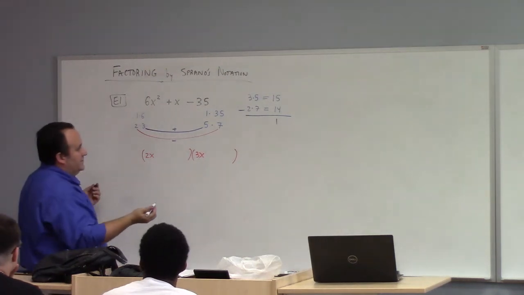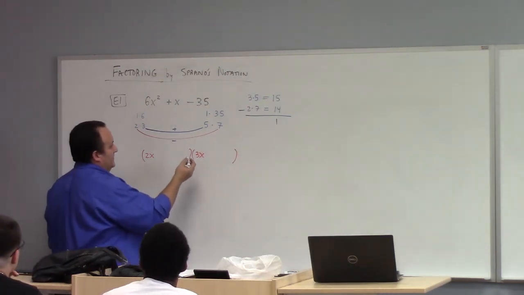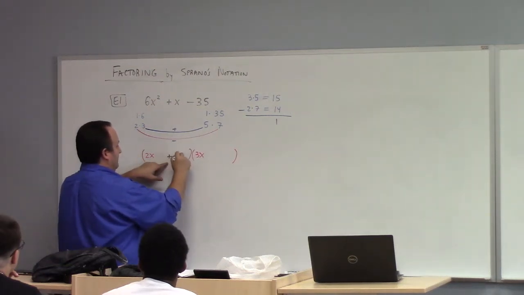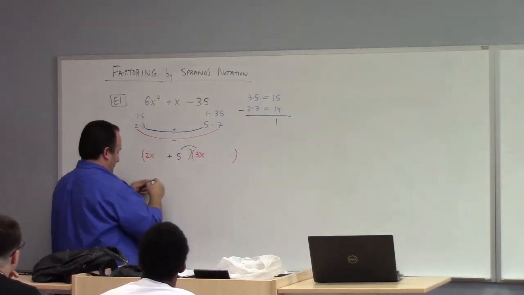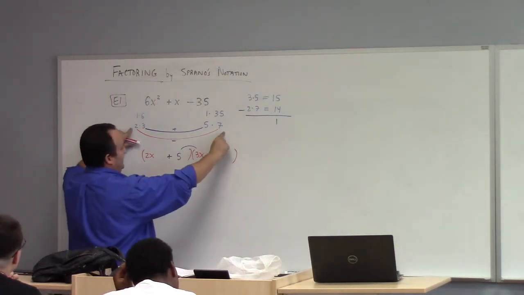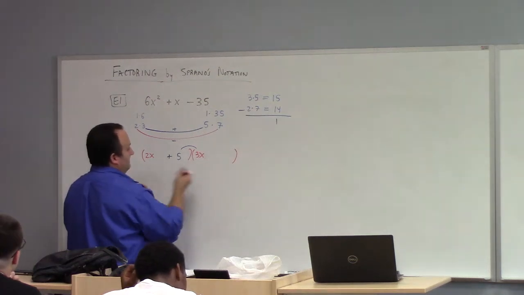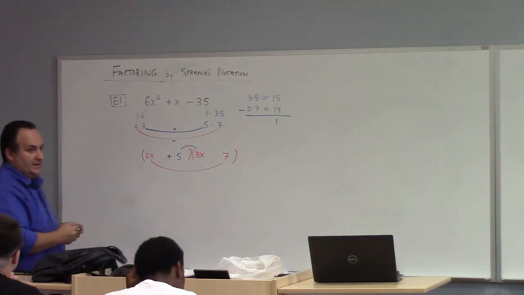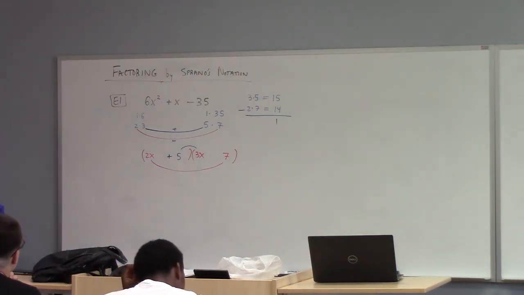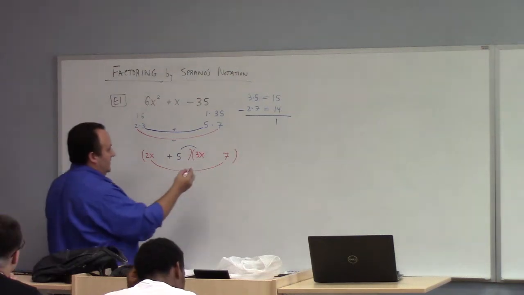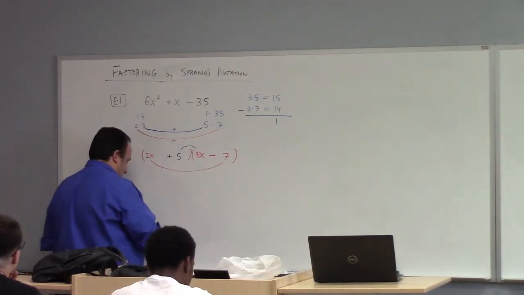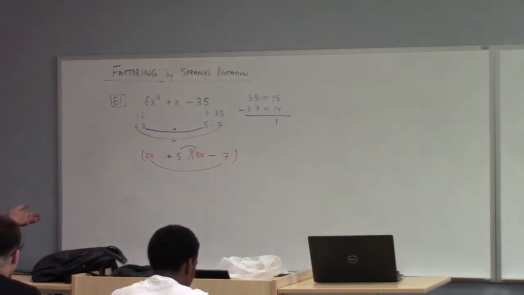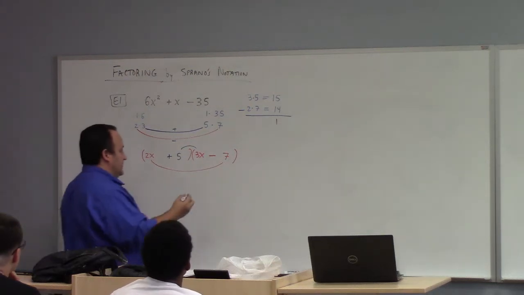So the 3 and the 5 are paired, which makes me put a plus 5 here. And the 2 and the 7 are paired, so that makes me put the 7 over here. Like that. Now you don't have to draw all of the lines I'm drawing to make this work, and then there's a minus here. Now, listen, whether or not you love this mnemonic or hate it, whatever we think about the system of notation,